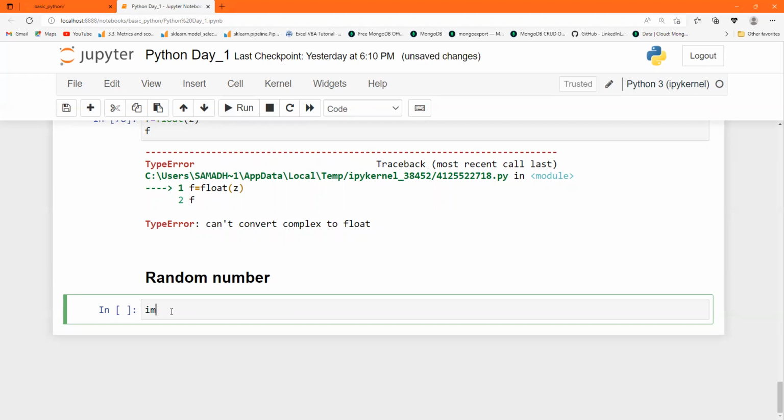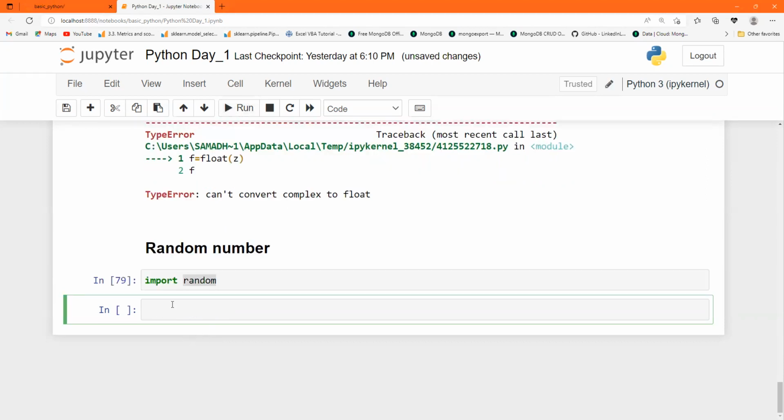So this is the function import, this is a keyword. Okay, we will see what is import, why we use import, all these things. So random is the module name, you have to import it and run it. Okay, now it is imported, now use random